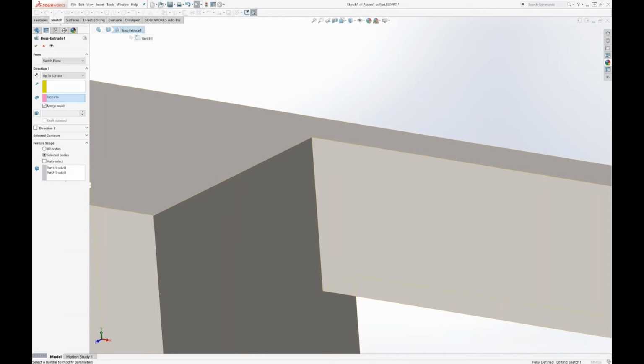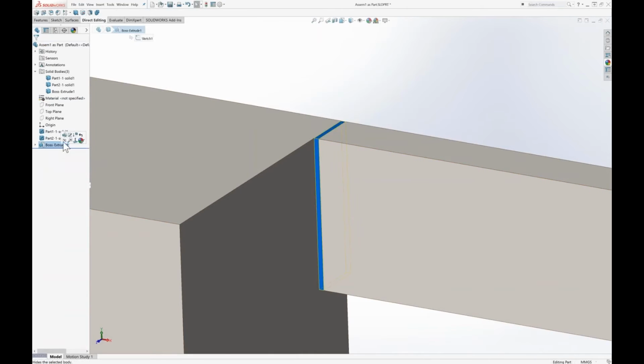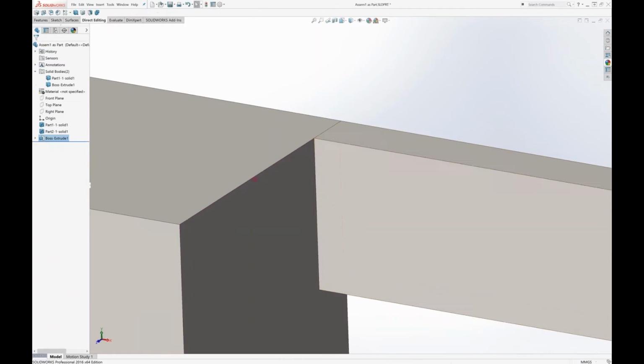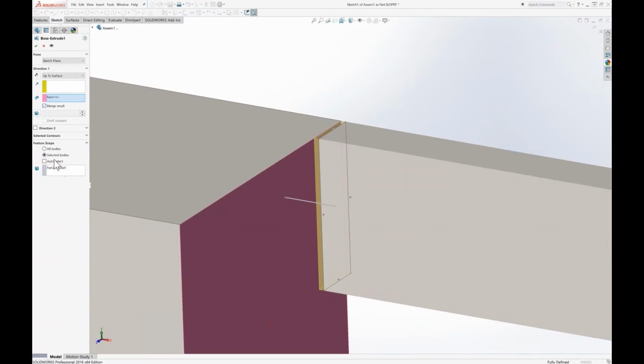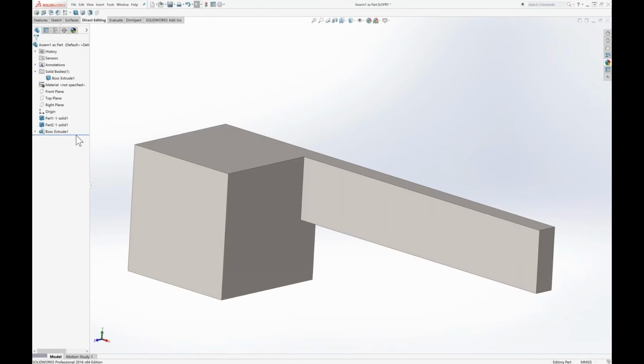Or I could untick the merge and I'll get three bodies, because the extrusion I've created is not joined to either of the original bodies. Or I could join it to one of the bodies. So I could say merge, and then I could select manually which one I wanted to merge to, and now I have two bodies, but they're separate here. In this case, we want all of the bodies merged together. So that's the general idea, except that